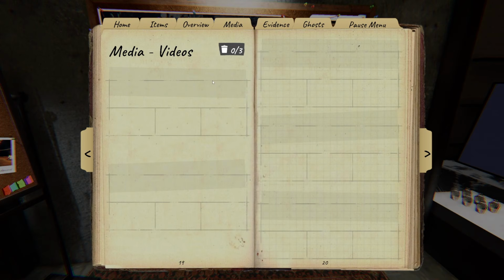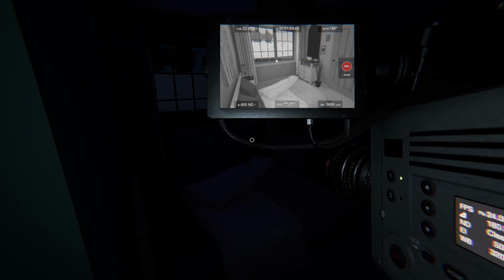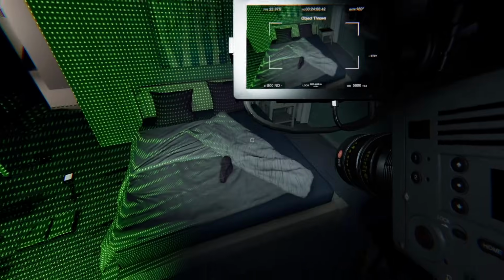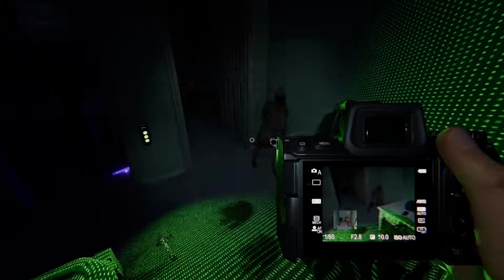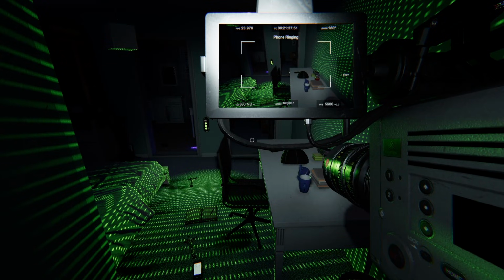Moving on to the video camera, you can now record videos by holding the use key. Here's everything you can record: ghost orbs, ghost writing, dots, door touches, thrown objects, lights being switched on or off, lights exploding, phones ringing,